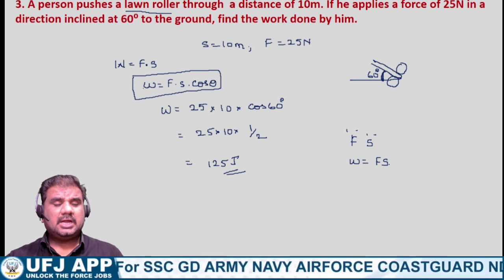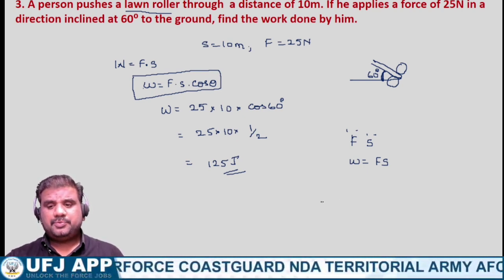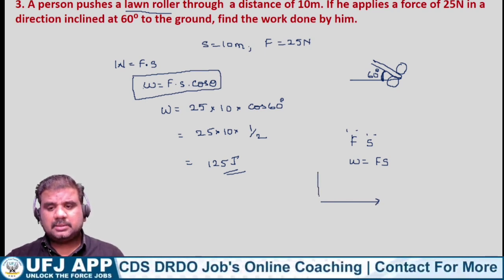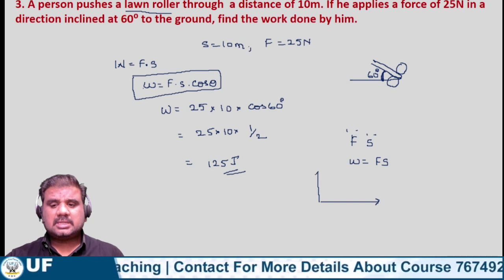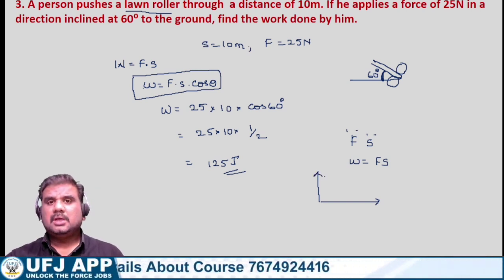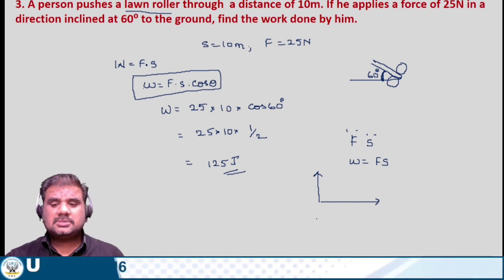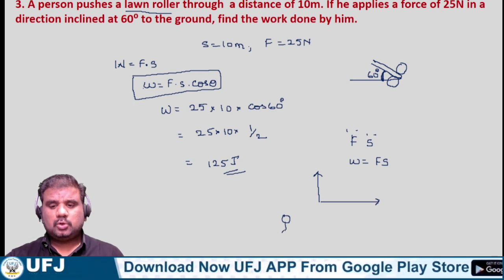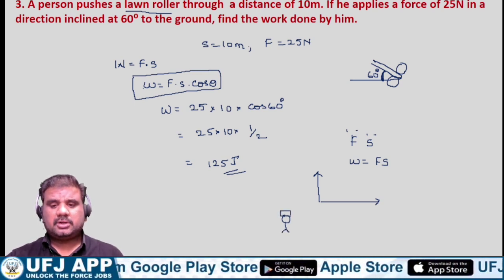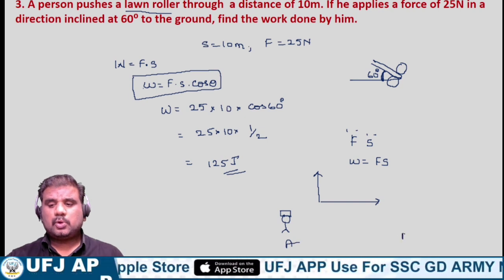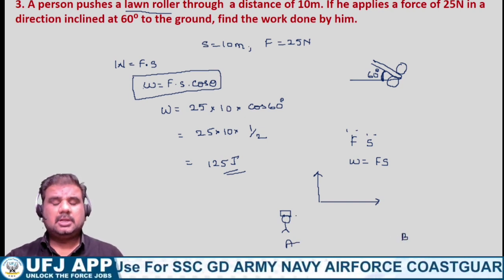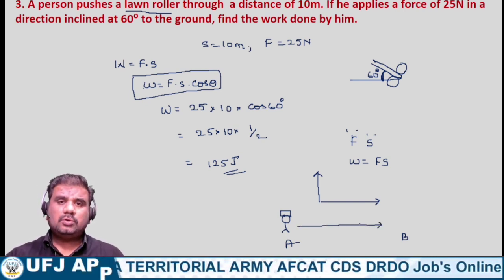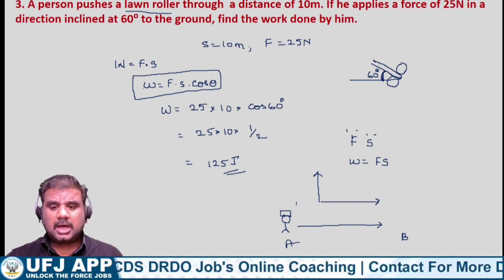Right? At the same time, suppose that the object is moving in this particular direction, and the force is applied in this particular direction. It's nothing but the case of your railway coolie, or we say porter. So a person who is carrying a luggage on his head, suppose that you are the person. You are moving from point A to point B. So here in this particular case, your movement is in this particular way. At the same time, the force that is applied by you on the object is in the upward direction.